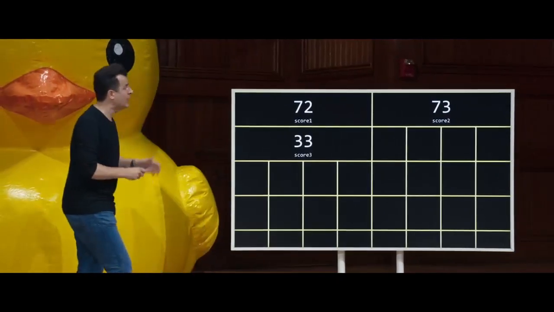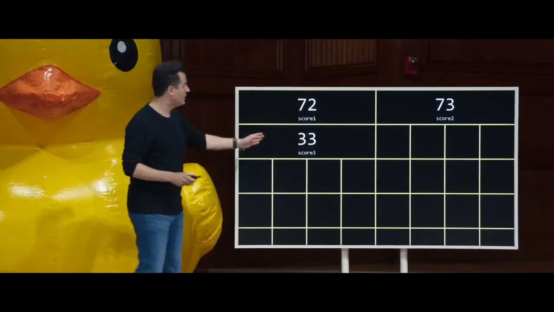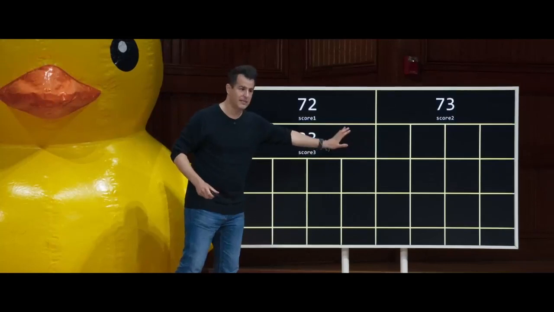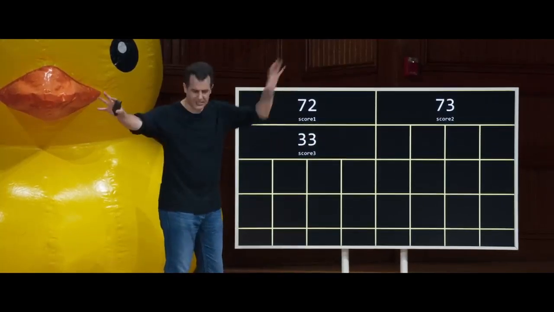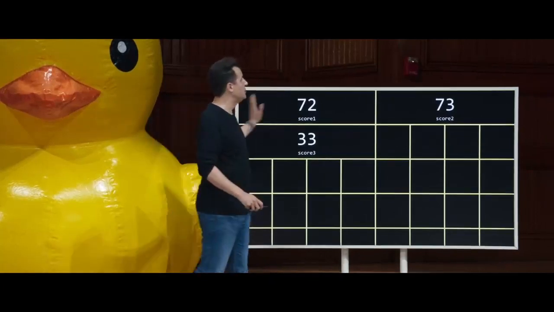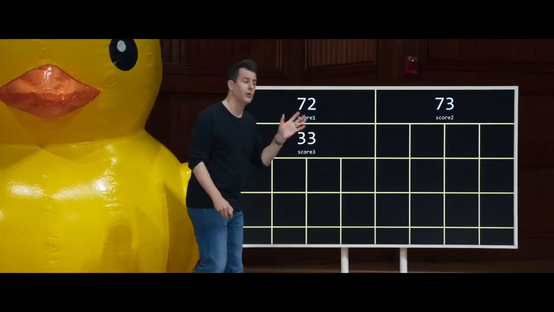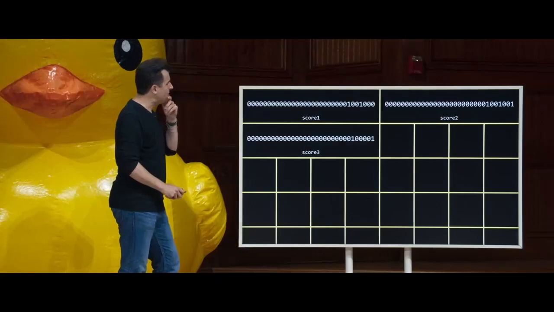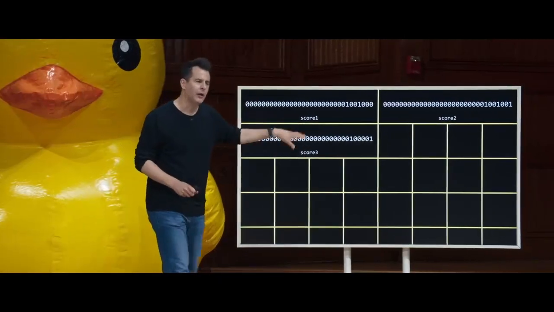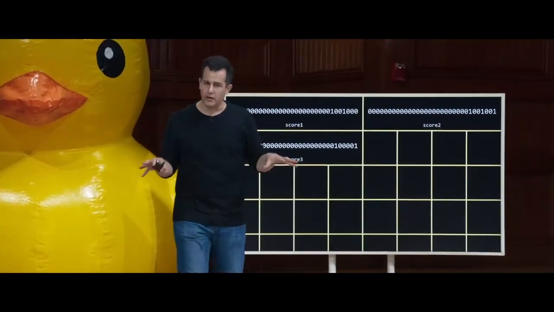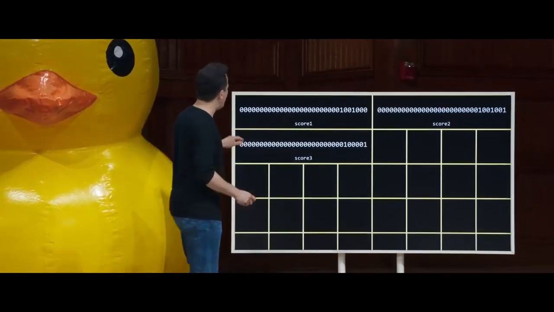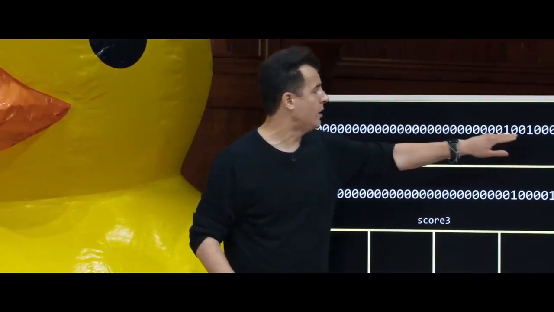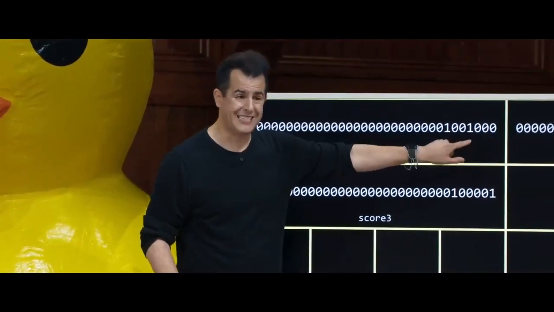And indeed, by that logic, score3, containing the number 33, is going to fill in this space here. We'll consider down the road what happens if things get fragmented. Something's here, something's here, something's here. But for now, we can assume that this is probably contiguous, though not necessarily so. All right, so that's pretty straightforward. But what's really going on? Well, these are just bytes of memory. That is bits of memory times 8. And so what's really going on is this pattern of zeros and ones is being stored to represent 72.